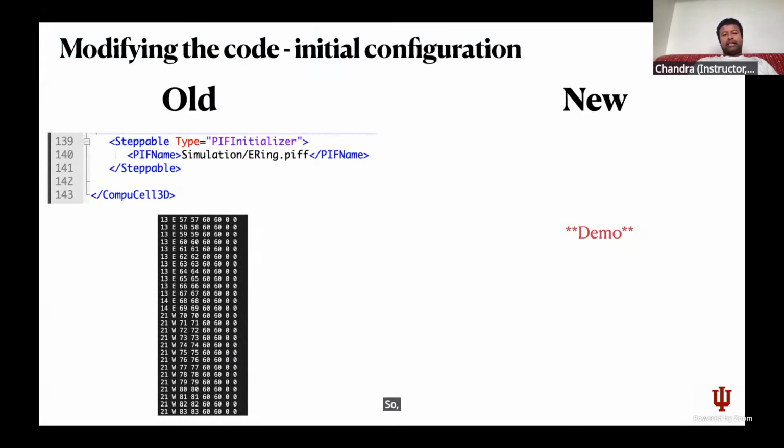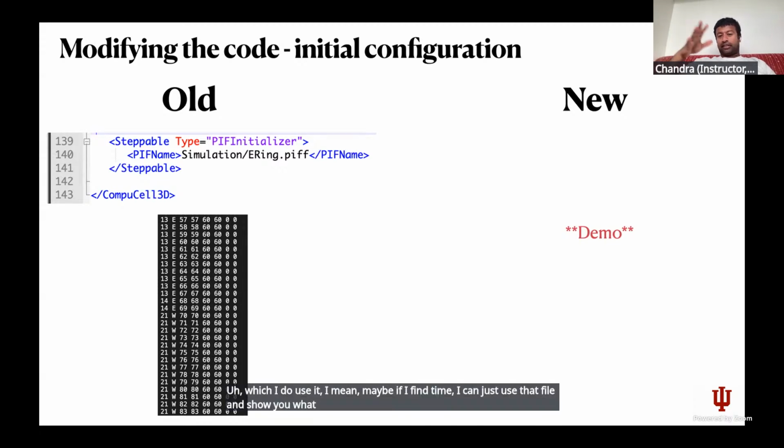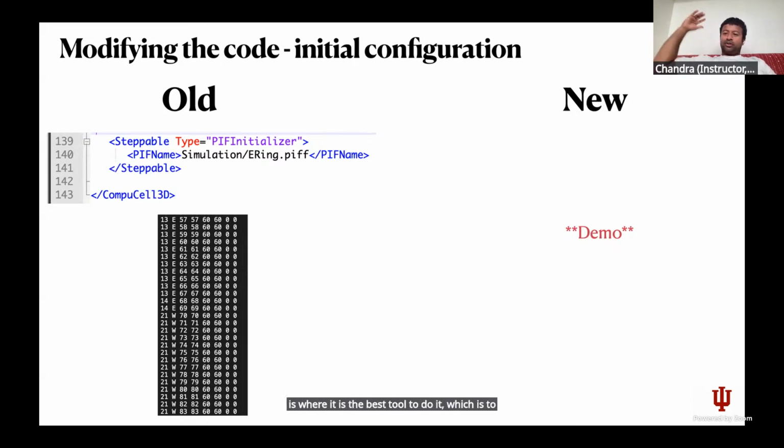So in the initial code, as I said, I used something called a PIF file, which is not needed in this case. But there are other CompuCell3D simulations where this is very useful, especially when you want an initial configuration from, let's say, a micrograph of a bunch of cell types which you've stained for, which I do use. Maybe if I find time, I can use that file and show you another project of mine where it is the best tool to do it, which is to segment it,